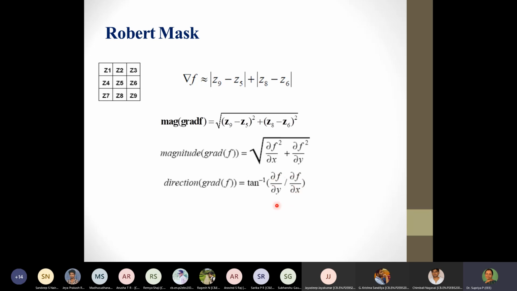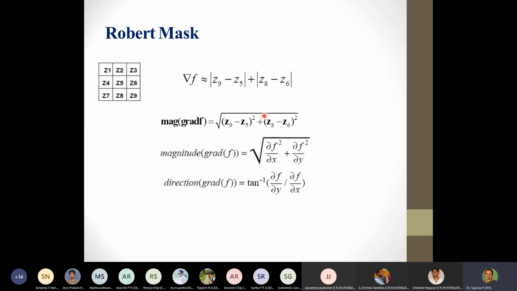Now, in many cases, you would see that we had said that the magnitude of the gradient, instead of evaluating it as a square root, we could approximate it as a modulus, which means we are ignoring the square sign and the root sign and just putting it as modulus of this. What is the reason for this? One of the major reasons is, I think in your processor you might have seen that one of the major computationally expensive operations is using the square root. When you use the square root, a lot of the computation time is lost.